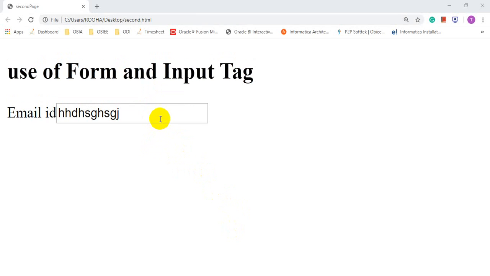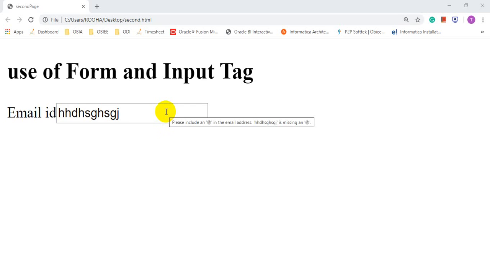Okay student, see the message. I have inserted some text, that is hhdd, which doesn't include the at the rate symbol. See the message, please include an at in the email address. Then something is written, means the text which I have entered is written, and saying the at the rate symbol is missing.